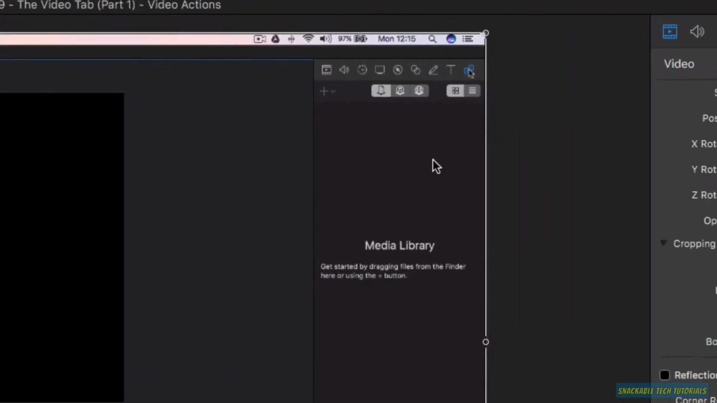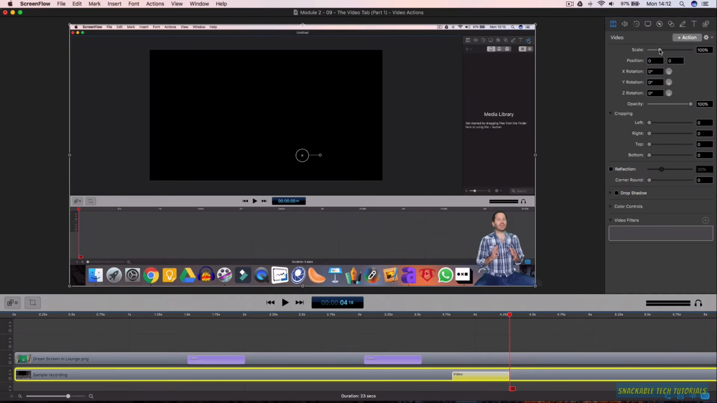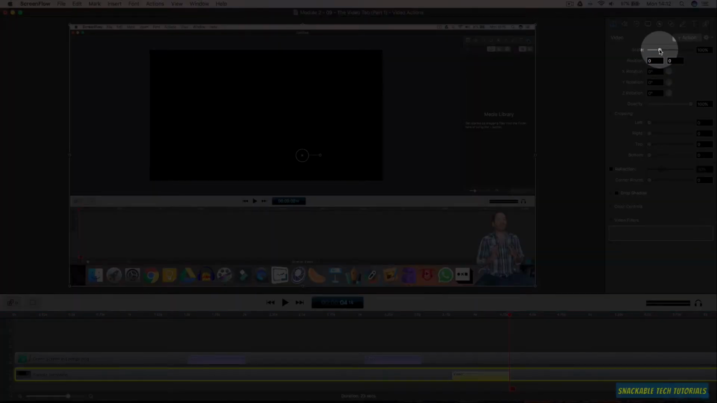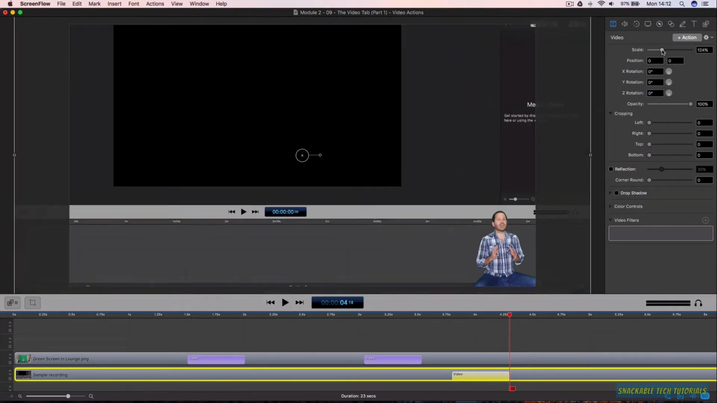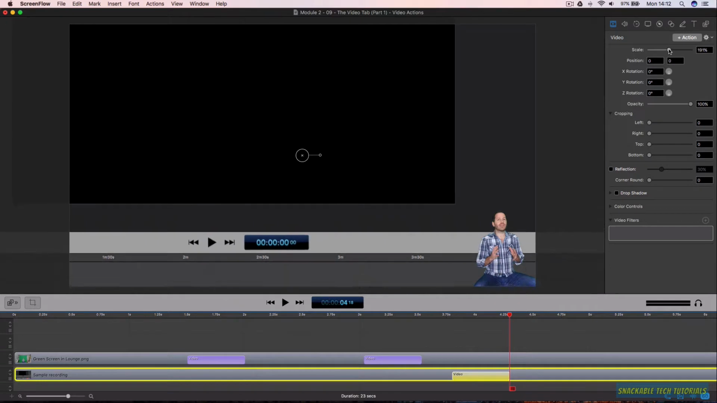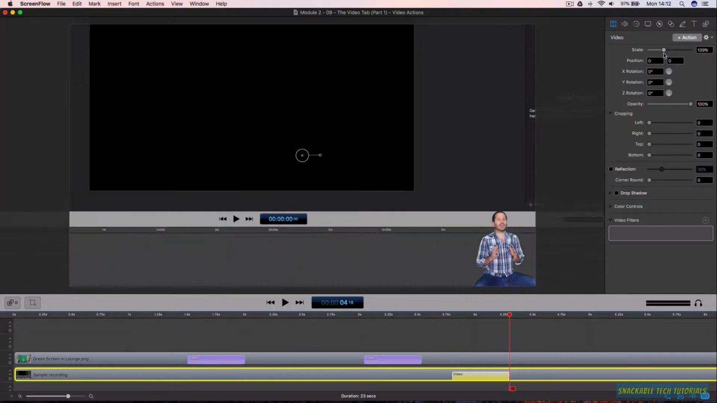So come up here underneath action, you can see where it says scale, it's at 100%. Now you can either overtype that or you can slide it like that. Now as we do this, it's zooming in, keeping the center of our canvas showing, around here. What we want to be able to do is actually zoom up to that top right corner. So if I just bring that back down like this,